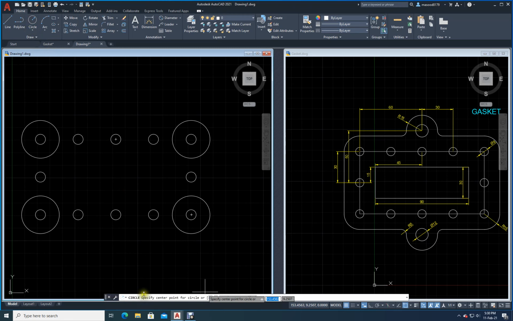It is asking me to specify the center point. I will not specify the center point. I will type TK, enter. Tracking point. Where is the tracking point? This is the midpoint. I will just go up now. How much distance? 50, enter. I will go like this. How much should I go? 60, enter. Okay. Now you are here. Now one more time, if you enter, you are out of the tracking command. Now I will draw a circle. What is the radius? 15. Enter. So I have a circle here.